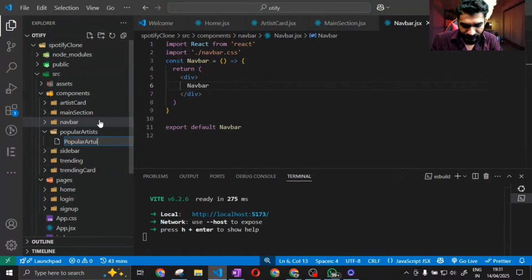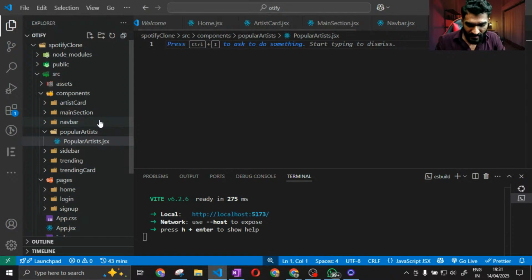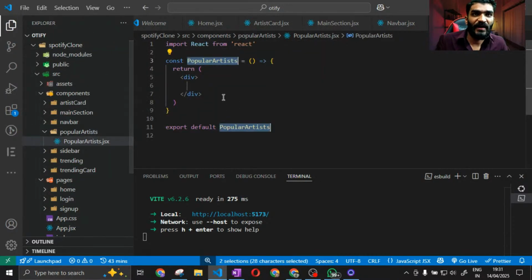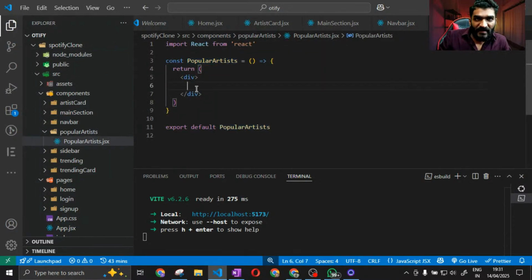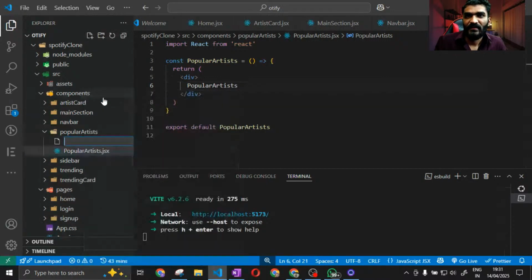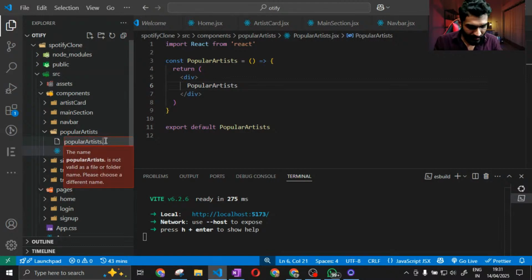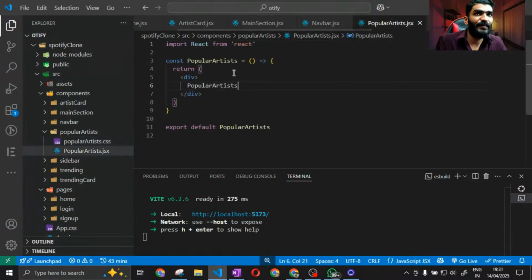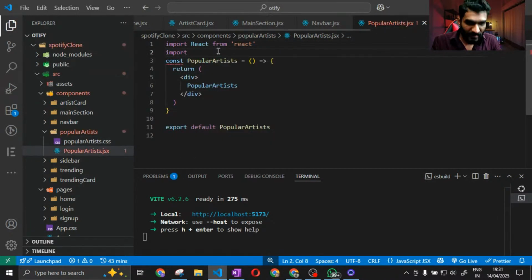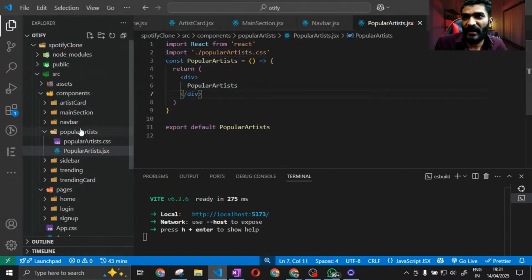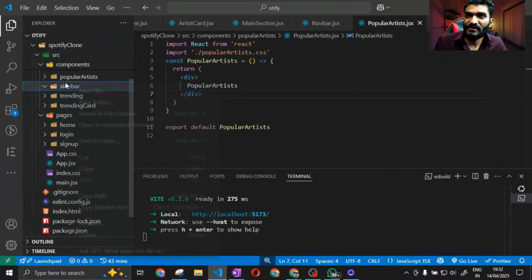Popular artist dot JSX, RAFCE. Okay, cool, and I will copy this and paste it over here. New file, popular artist dot css, and I will import this file in this, import dot slash popular artist dot css. Okay, now I'll go for this sidebar also. New file,